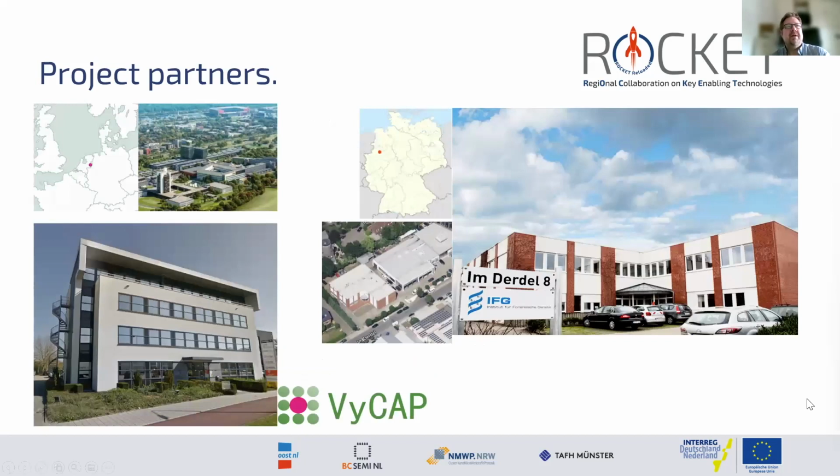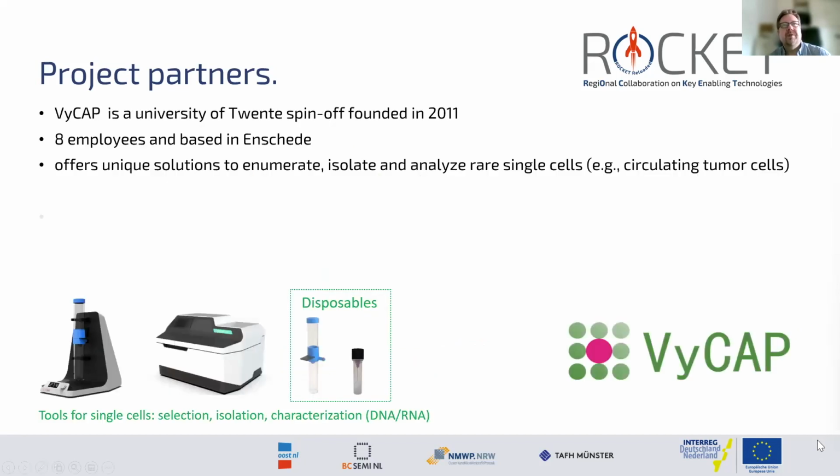As you can see here at the left-hand side, this is VyCAP based in Enschede, and on the right-hand side, the IFG, Institute of Forensic Genetics in Münster. So some 70 kilometers separated. VyCAP is a spin-off of the Twente University in Enschede, was founded in 2011, has 8 employees, and it offers